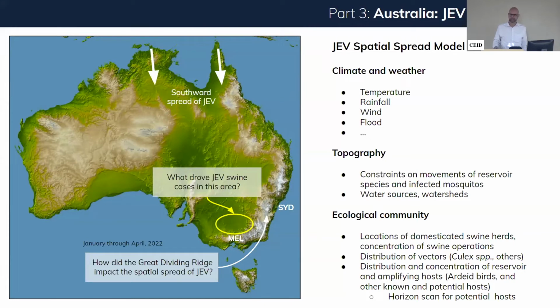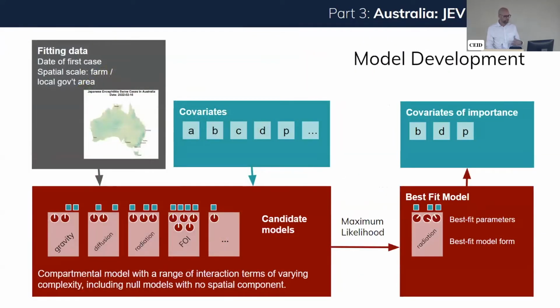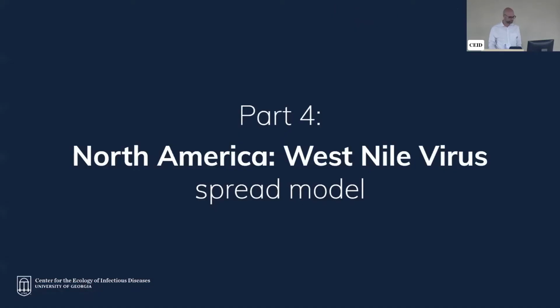This would then allow us to assess the relative roles of things like topography, relative wind direction, concentrations of animal species, and so forth in contributing to spread. This would require that we obtain information on the inferred time of initial transmission at different locations, and covariates at whatever granularity those could be made available. And then we could use our spatial interaction model and the statistical method of maximum likelihood to try and infer what that dispersal kernel is that I was talking about before.